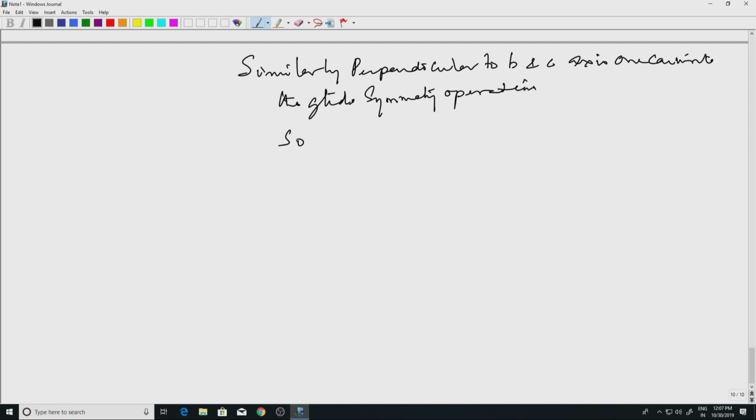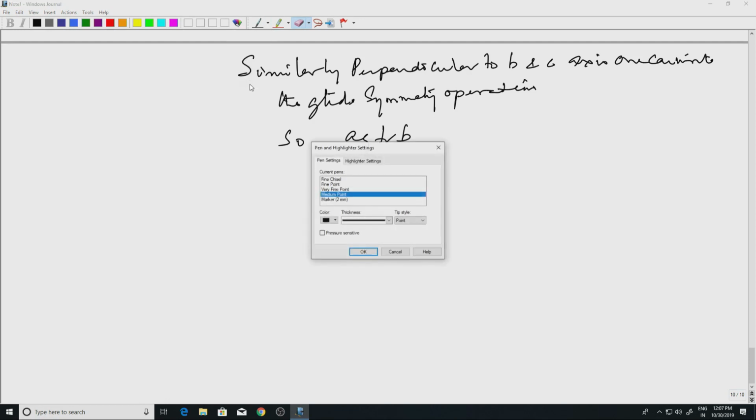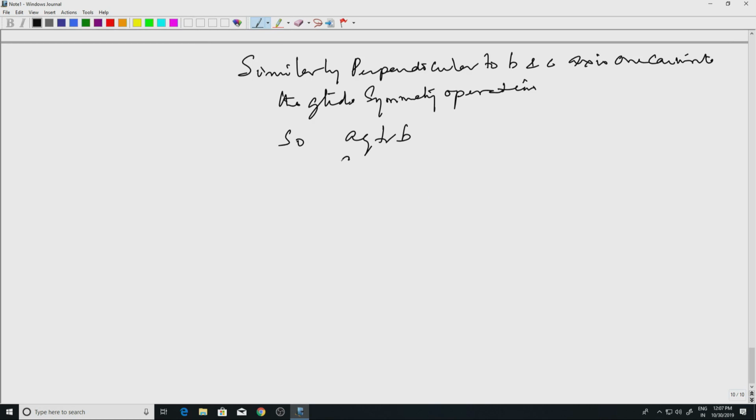So A glide perpendicular to B, A glide perpendicular to C, N glide perpendicular to C, glide perpendicular to B, N glide perpendicular to B. Here A plus C by 2, here A by 2, here C by 2. A glide perpendicular to C, B glide